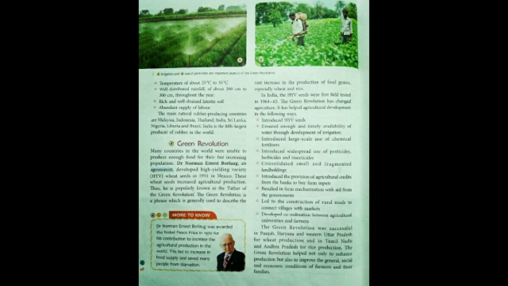The Green Revolution is a phrase generally used to describe the vast increase in the production of food grains, especially wheat and rice. In India, the HYV seeds were first field tested in 1964 to 65, and the Green Revolution has changed agriculture in a very effective manner. It has helped agricultural development in the following ways. What are the ways? It introduced HYV seeds and ensured enough and timely availability of water through development of irrigation facilities,